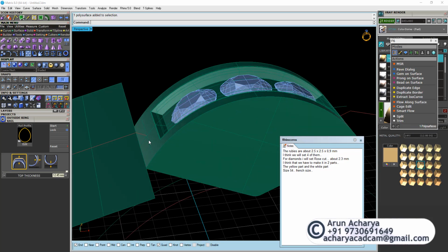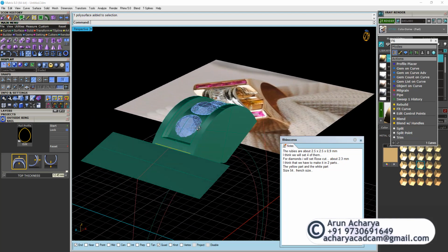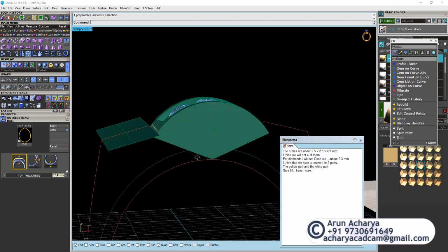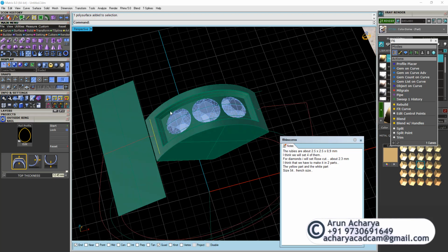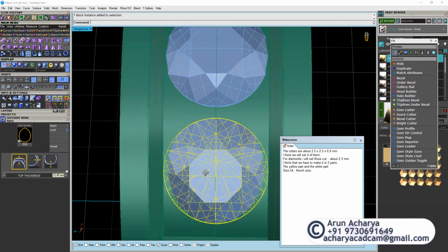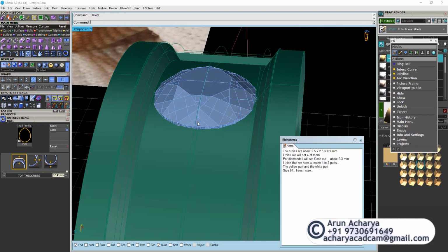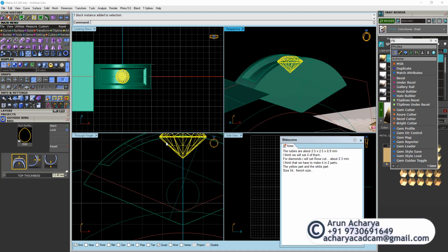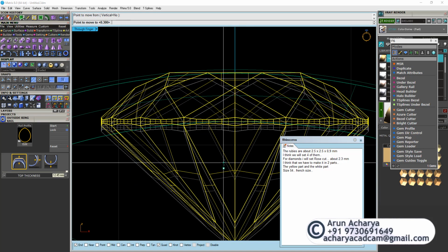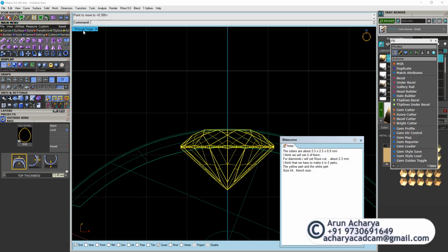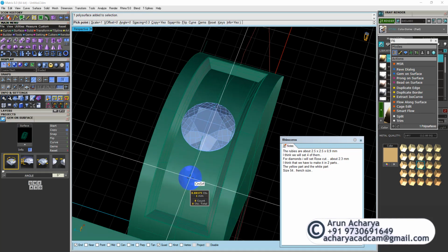Okay, so this is done. We have to follow this from inside. We're going to see this later on, how we can do this. Okay, and let's set the stones. Let's set the prongs here. For some reason they were going a bit inside. I don't know what the reason is. Yeah, the reason is they are a bit inside of the metal. So just move this a little bit upside and set one more gem over here, which is